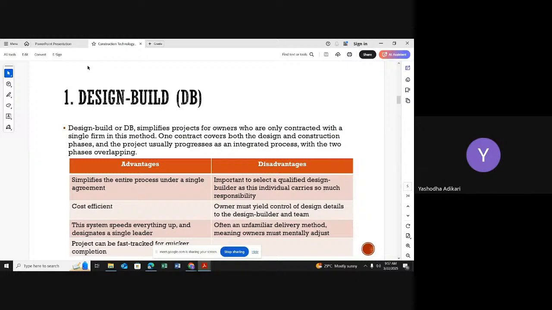Right? But if I follow this design and build method, that means the design part and the construction part are both done by the same company. Now I want to do a small design change. I directly contact my person, who is responsible for both the design and construction. That may be a project manager, and I tell him about my design change. Right? It is not required to wait until receiving the drawing or something like that. He informs the design team. They will complete it, internally share their documents, and do the design change.